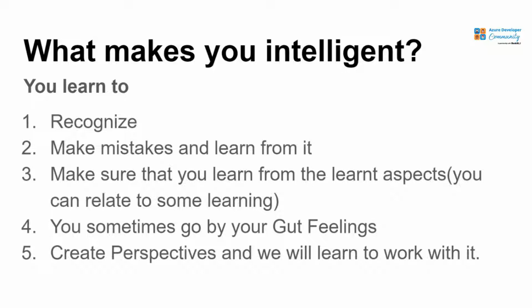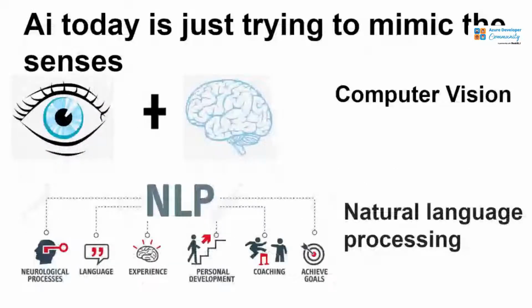We all say, do learn from my perspective and things like that. It's all that evolution that you want in an industry. Also make sure that you understand the requirement of the hour when you talk about intelligence. AI today is just trying to mimic the senses, something like vision and the brain. NLP is always coming up. But it's not about NLP only; it's also about architecting a solution in the best possible ways.